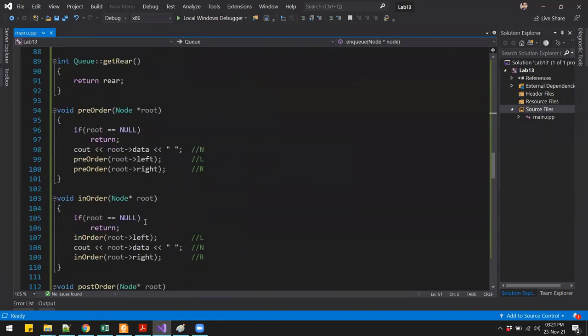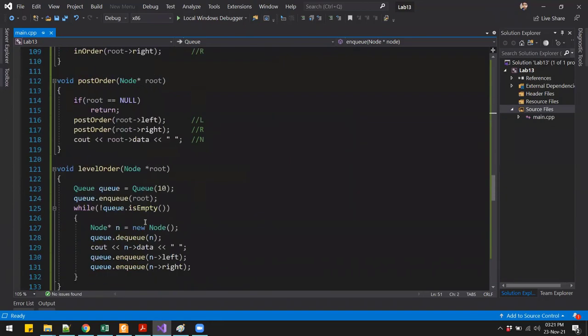Then in the level order traversal, we create a new node. This is just a temporary node that we pass to our dequeue function, and that will dequeue and return a node. When we get the node, we print the value of the node and then enqueue the left and the right child of the node.